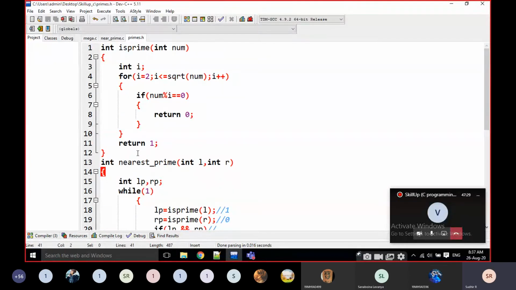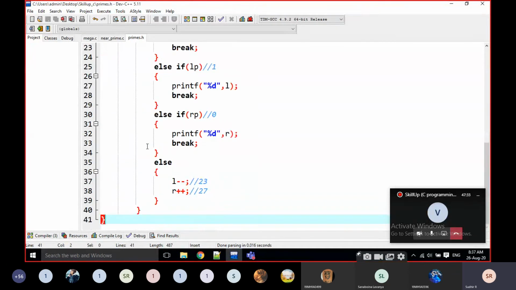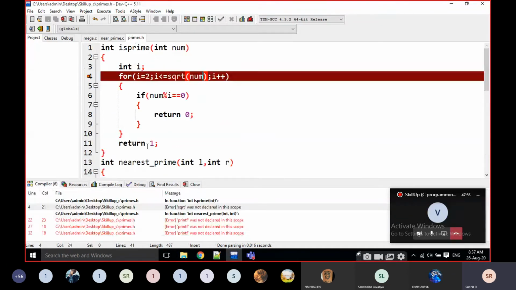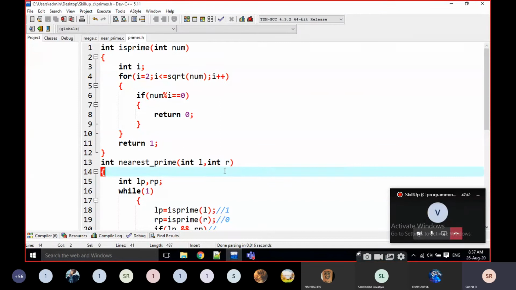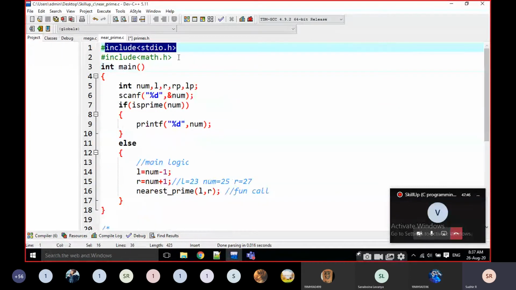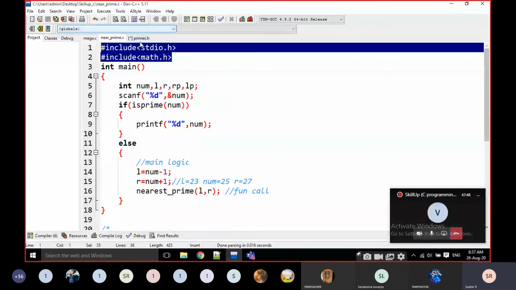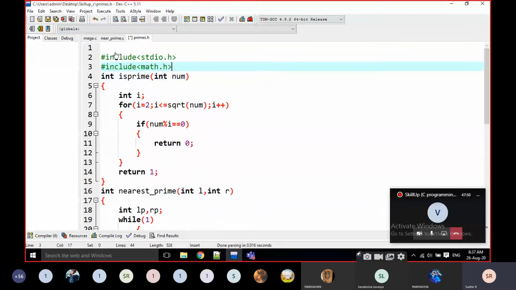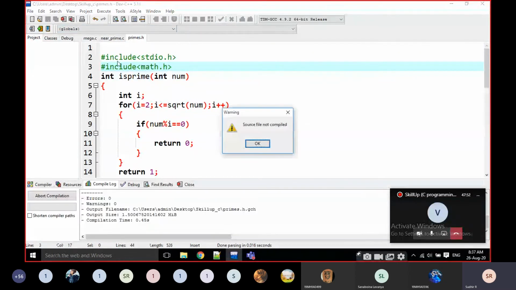In the .h file, there is no main function. That means if I am going to execute .h files, it gives some errors here. Why? Because it does not have any main functionality. For example, if I am going to execute it, source file not compiled.